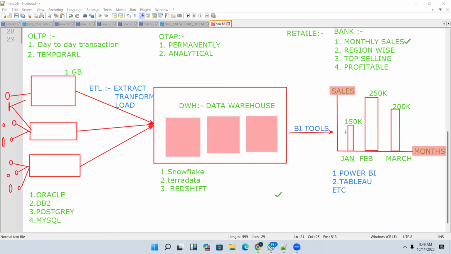Similarly, if you have data in OLTP databases, that OLTP data has to move to OLAP databases. In simple words, if you want to move data from one place to another, normally we use ETL tools.